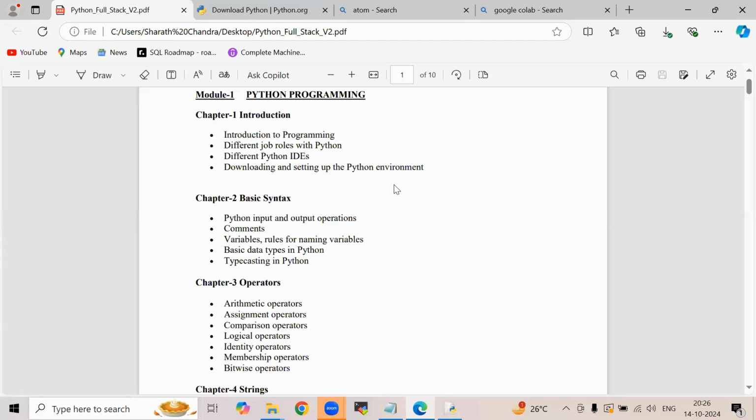Nobody knows where people may depart to different streams. Some people may opt for data science, some for machine learning, some for web development. Nobody knows what IDE other people will use, so I'll make sure you know the interface of all IDEs by the end of this course.